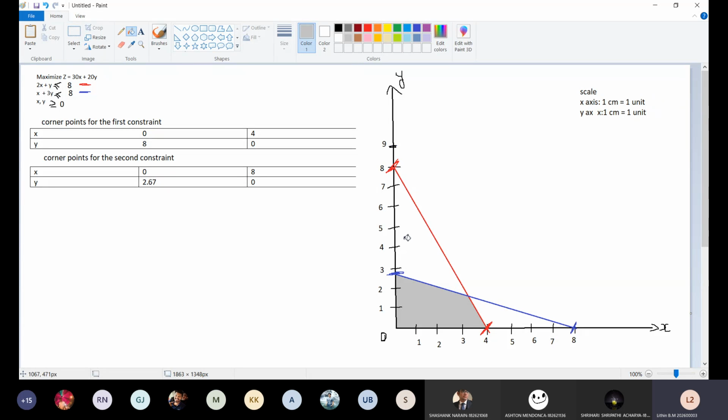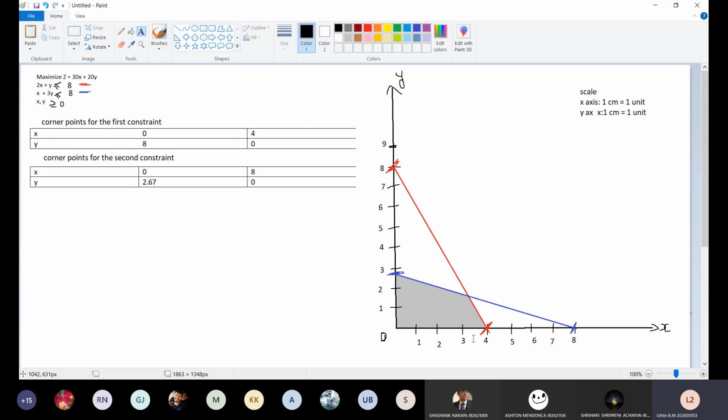If you look at the other two regions, this region and this region, there we were satisfying only one of the two constraints. We were not satisfying both the constraints. For the same reason, I could not pick those two regions. So I have to pick this region because I'm satisfying both the constraints here. As simple as that. Hope everybody has got it. Any doubt could be raised.